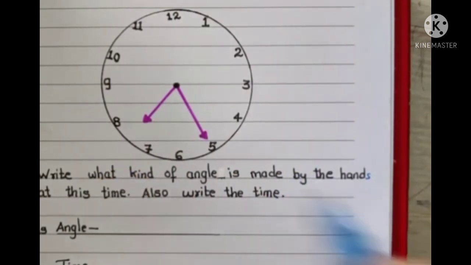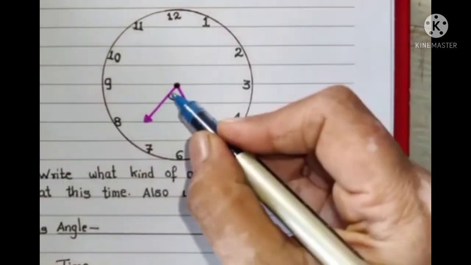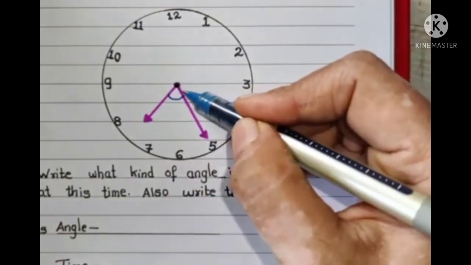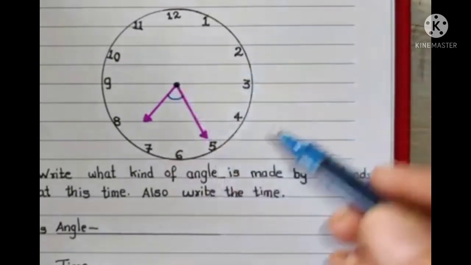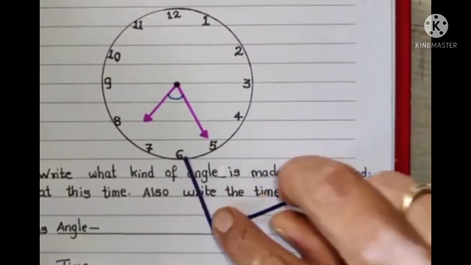So let's see what angle is made by these arms. I'm going to overlap this vertex with this arm. You may take this vertex with this arm, or as I do, it is up to you, it's your choice. So this is the 90 degree angle I had made. I'm going to put it